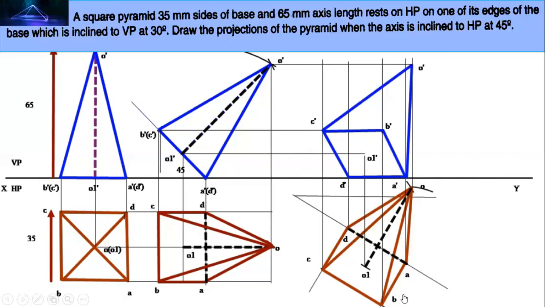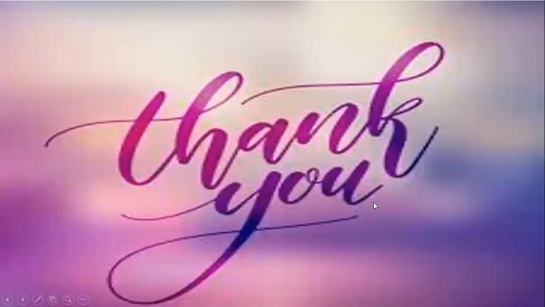So if you are viewing from here, the nearest point to XY line is D. So line connecting from D will be hidden. So D dash to O dash will be hidden. Remaining will be the axis line. So from O1 dash to O dash, it is axis line. So first preference for visible line, second for projection line and hidden line, then third for the axis line. So whatever the numericals you have seen in the problem, you should be representing.